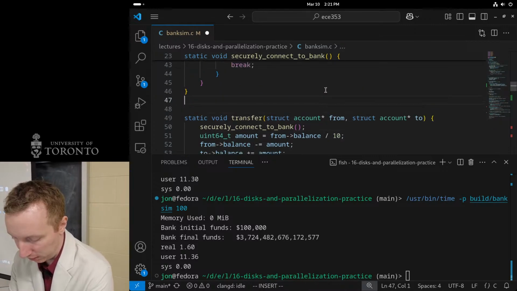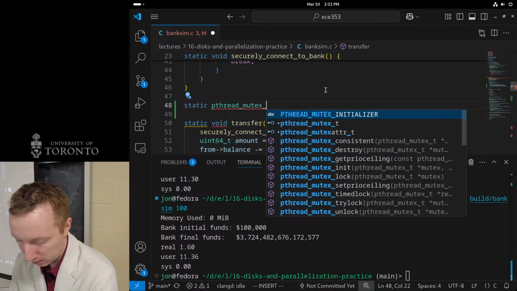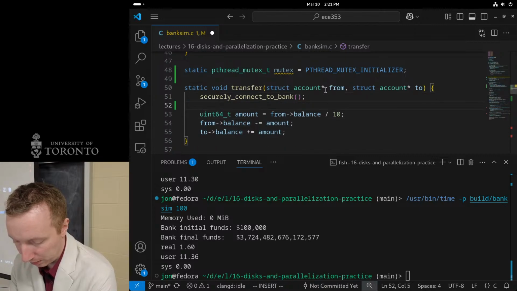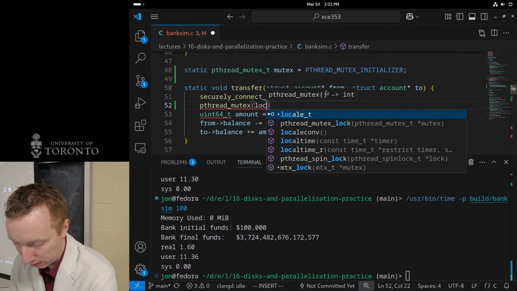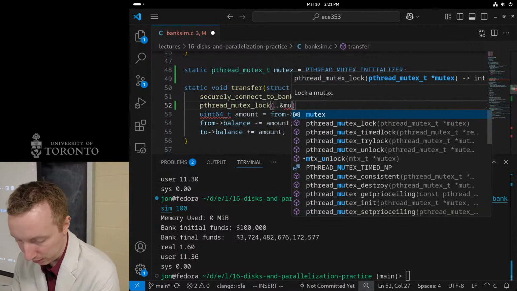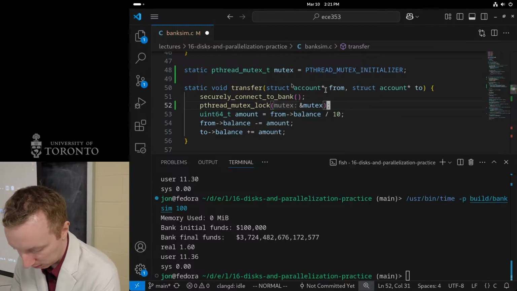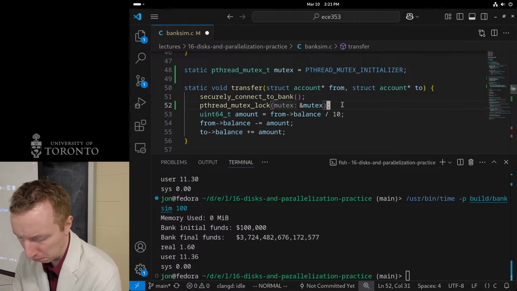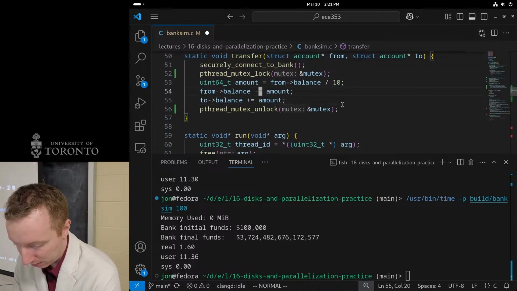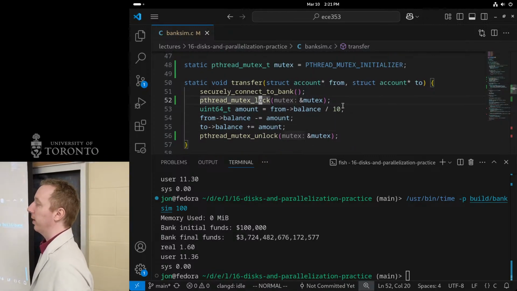Actually, we can just do that. So let's say I create a mutex equal to p. And then I do something like pthread mutex lock. I can just lock all of the problem code, right? So I'll lock the mutex. Whoops, what did I close? Probably doesn't matter. So I can lock the mutex and then unlock. So I make this a critical section, so only one thread can do this at a time.